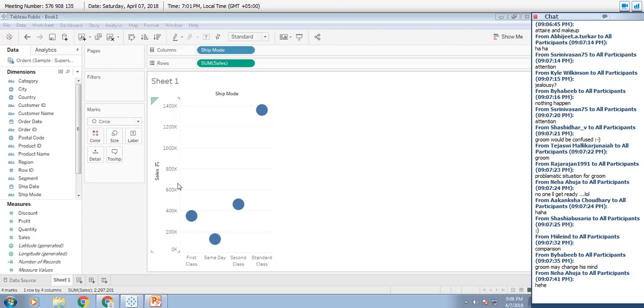So what I want you to do is drag profit and put it into colors. Just drag profit and put it into colors. Look at the screen. I'm just dragging it and then dropping it directly into colors. And this should happen on your screens as well. Do it now.